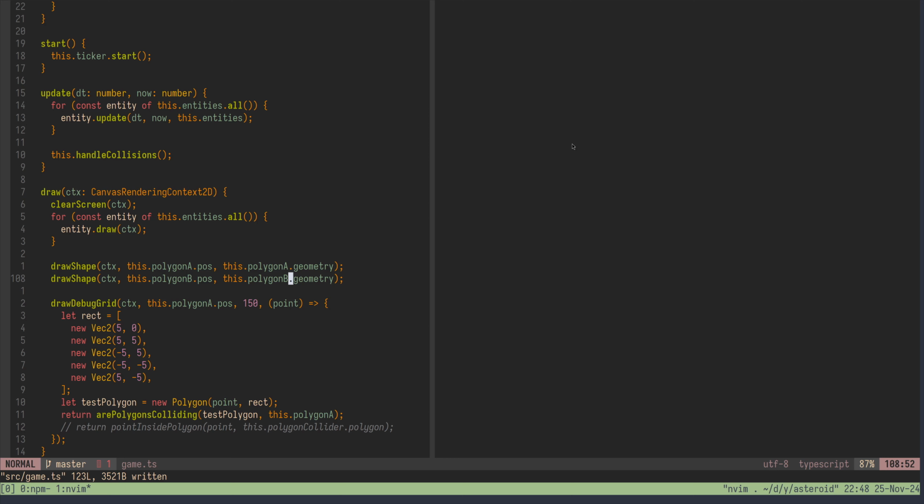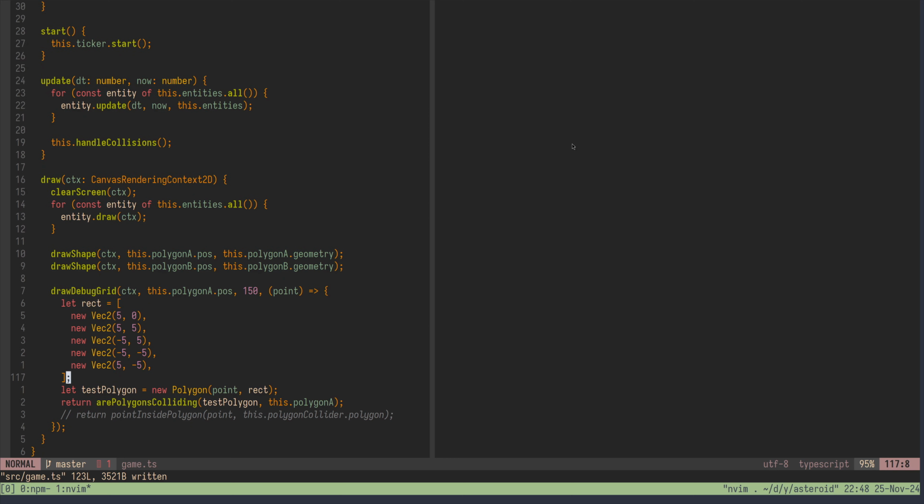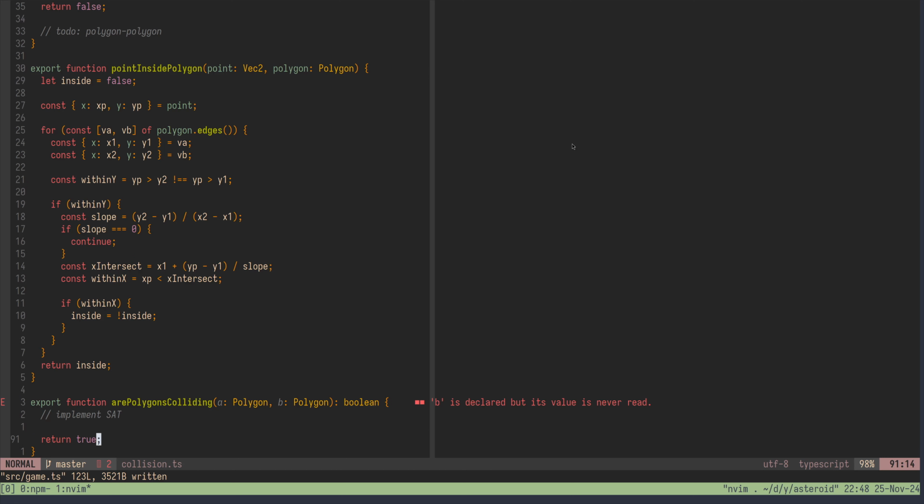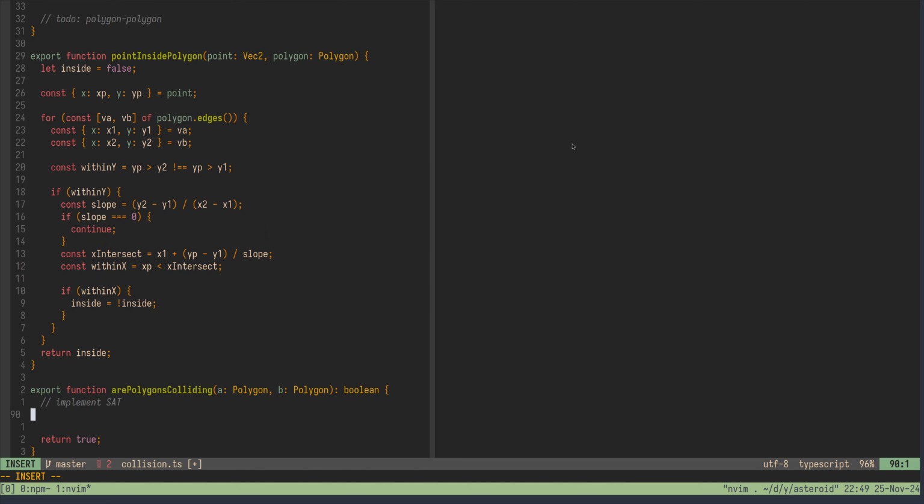All right, so now let's do the implementation for our polygon collision. So if you remember from our last video, the overall routine looks something like this, right? So we want for all axes, this includes polygon A and polygon B's,